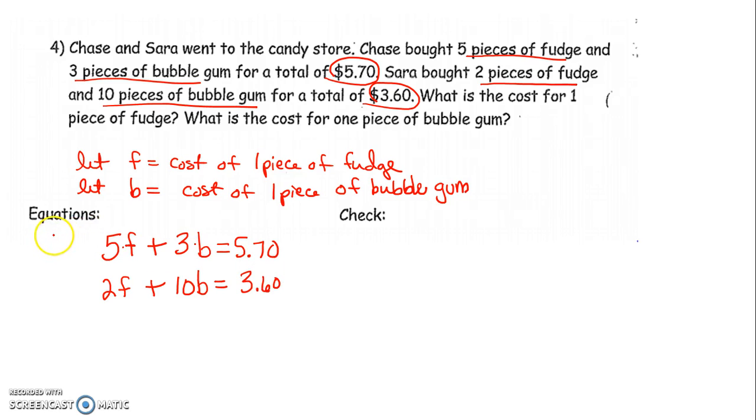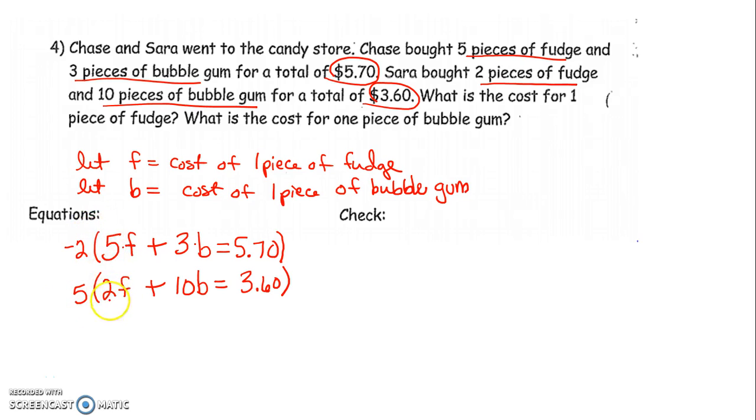And what we want to do is either get our F's to match or our B's to match with opposite signs so that we can do addition elimination. If I want these F's to match, I could multiply the entire first equation by -2. That way I'll have a -10F. I want to end up having a +10, so I could multiply my second equation by a +5. So I'm going to multiply the entire first equation by -2, the entire second equation by +5,